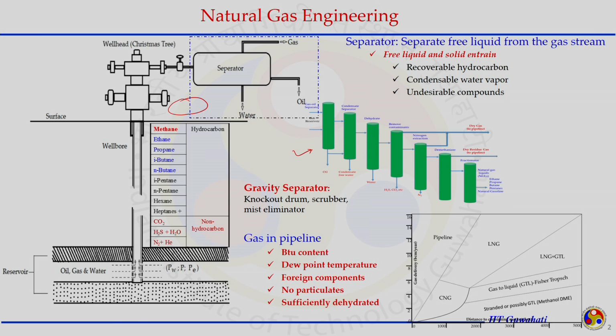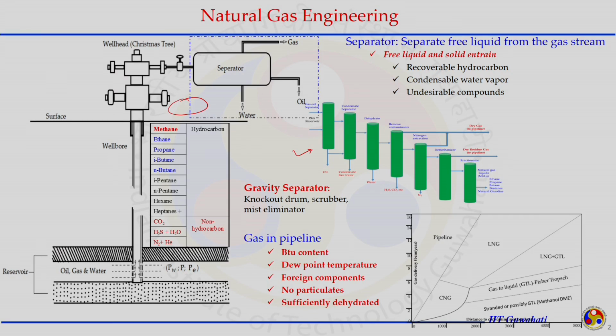We will see separators at other places also, other than immediately after the production. Separators are also required at other units, for example dehydration, sweetening, and recovery of hydrocarbons. Even before the compressor, we need separators where we can separate the phases. So, the separator's job is separating the phases, primarily separating gas from liquid in the case of a natural gas production system. At other places, the separator also appears under the names knockout drum, scrubber or mist eliminator.